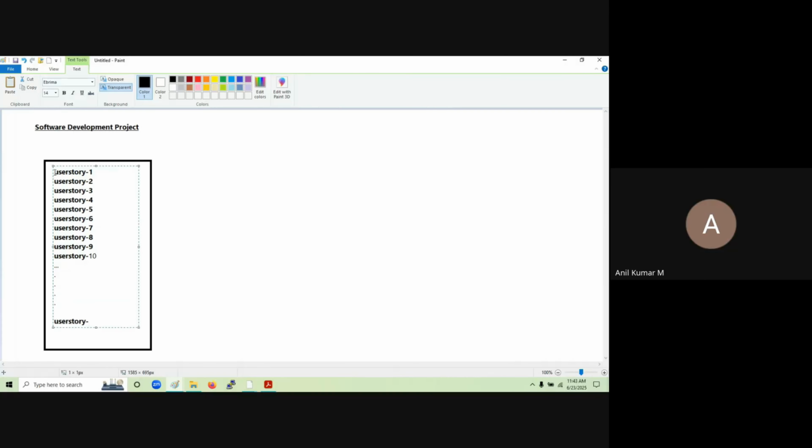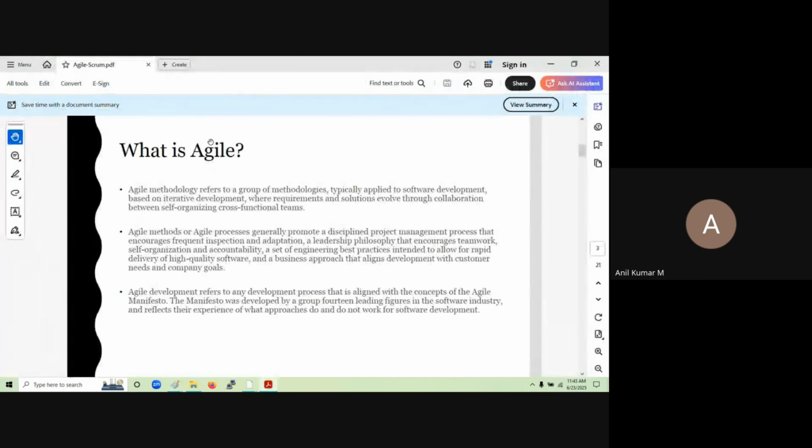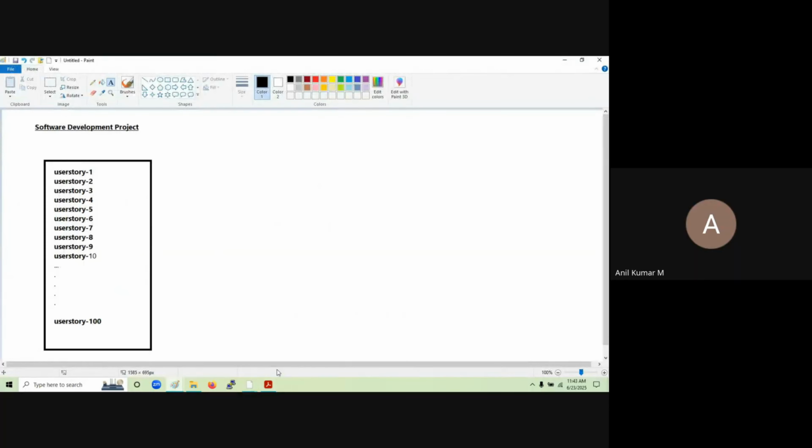Suppose now here we are having around 100 user stories. Okay, we are having the 100 user stories in this one. So out of these 100 stories here,